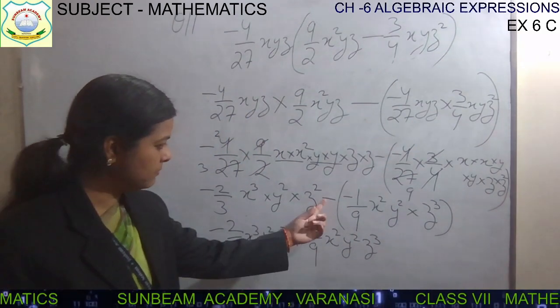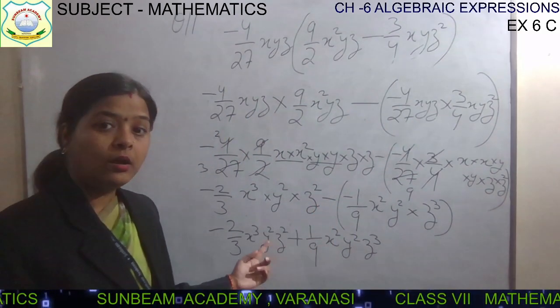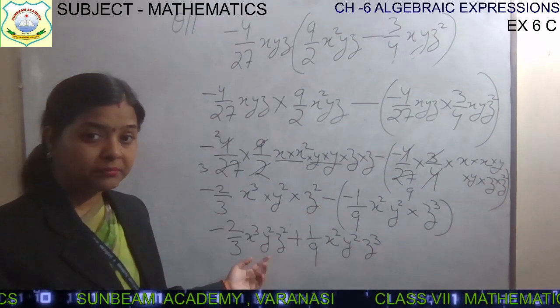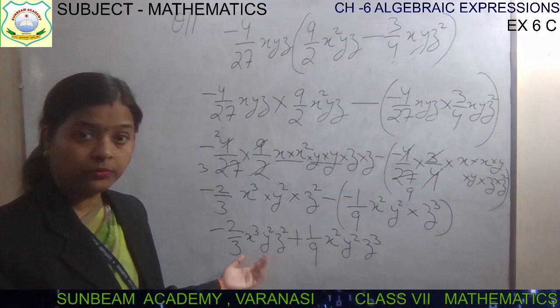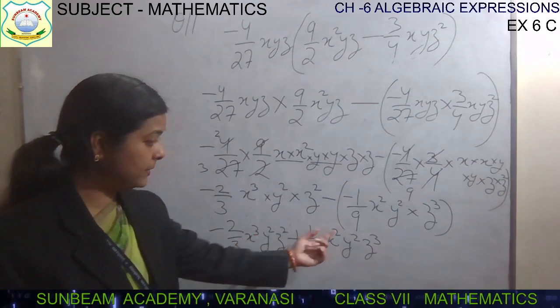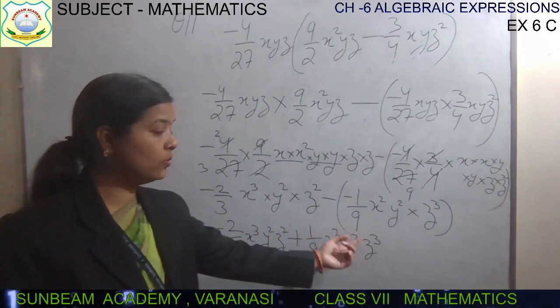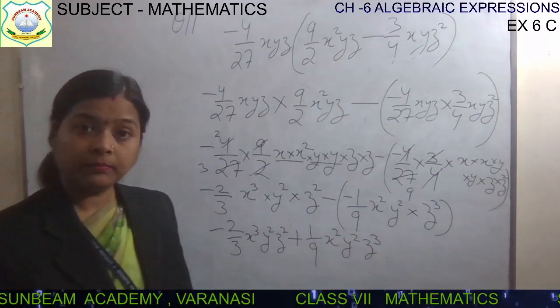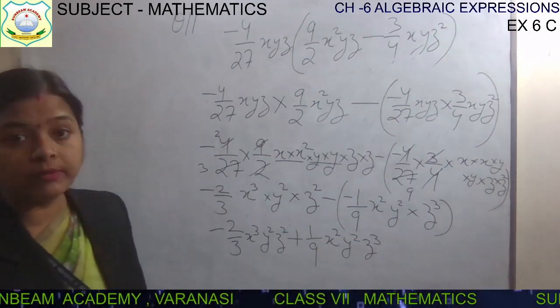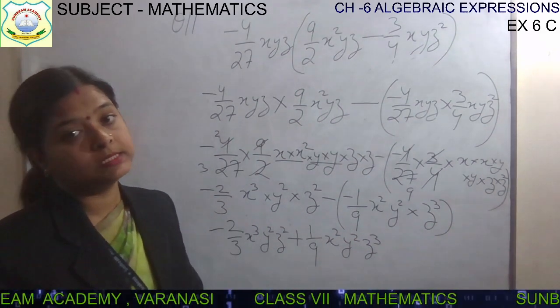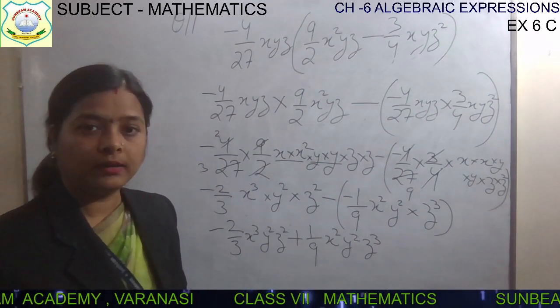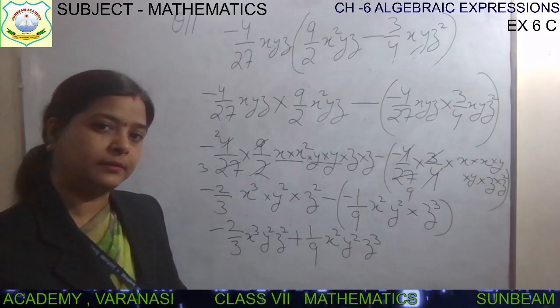Okay, what will this minus become? It will become plus. And now can you add and subtract them? Can you? No, because here the power is 3, here it is 2, son. Here the power of z is 2, and here the power of z is 3. Variables are there, they are matching, but their power is not matching. So it means they are unlike terms and we cannot add and subtract them.